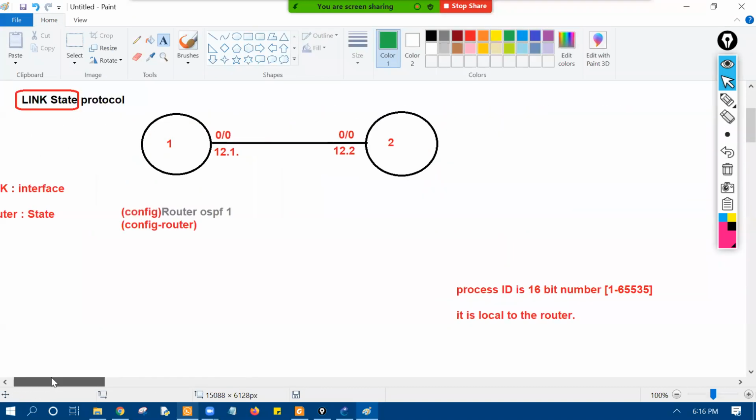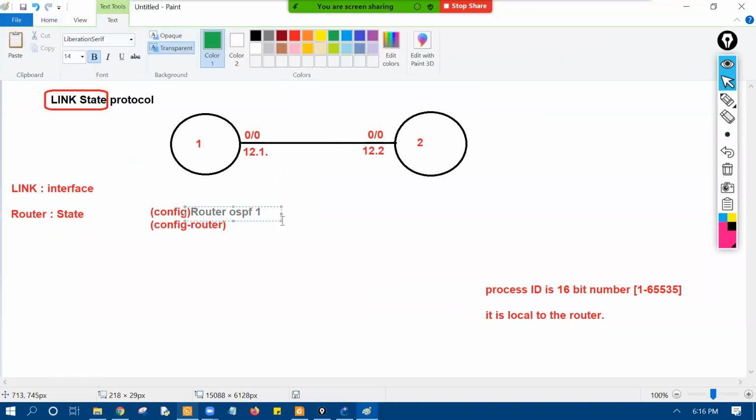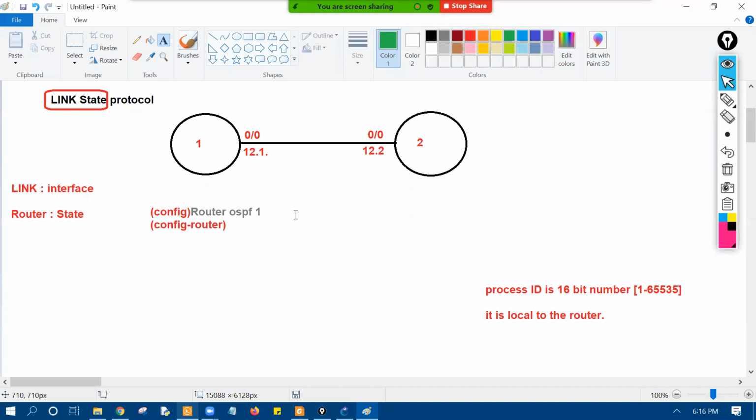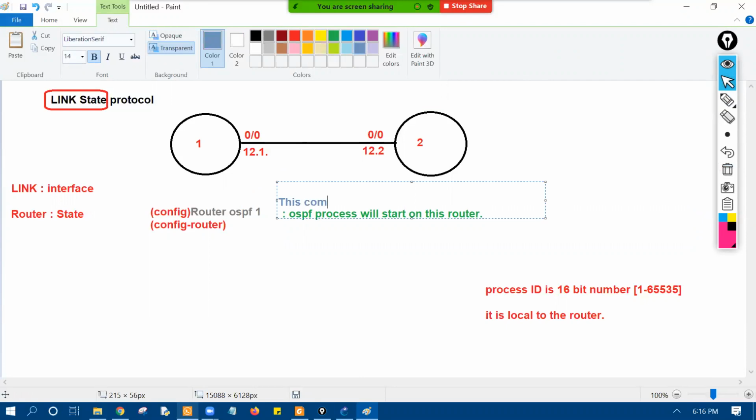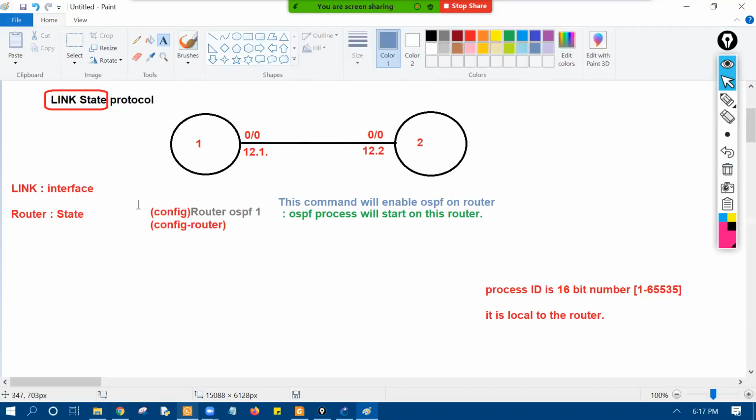Now, second thing. Right now, we are still on this command, router OSPF number 1. Once I put this command, what happened? The OSPF process will be started on this router, or simply we can say that this command will enable OSPF. So how many things happen by using this command? First, you can enable the OSPF process on the router. Second thing, the router will select the router ID. Third thing,